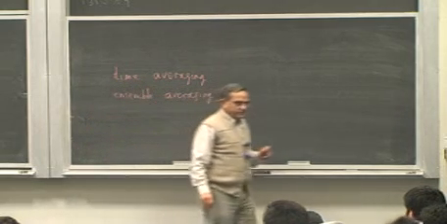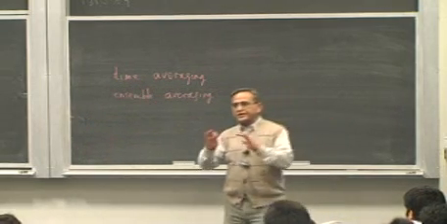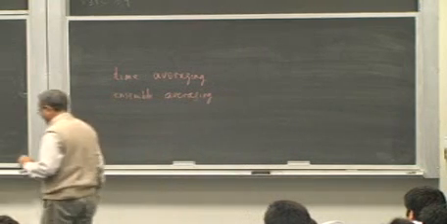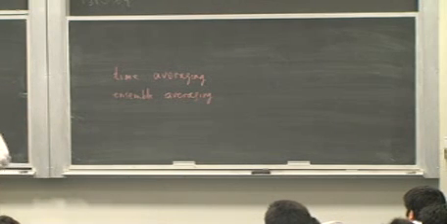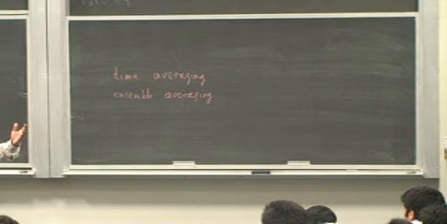When I say ensemble averaging, I mean if you want to actually find an average quantity anywhere, what you would do is look at all possible configurations of the system and